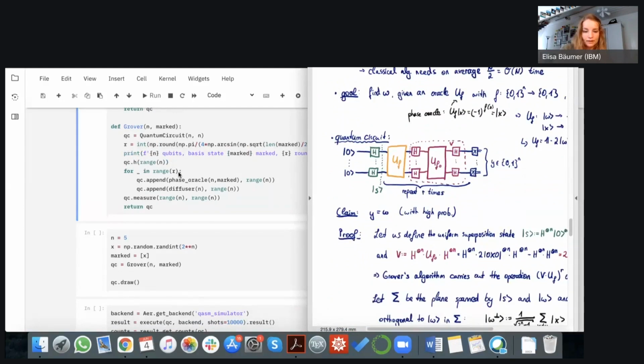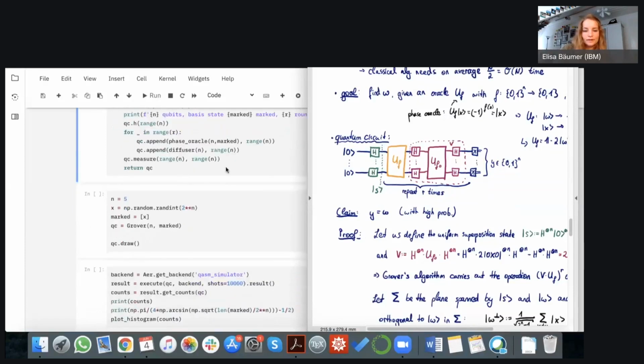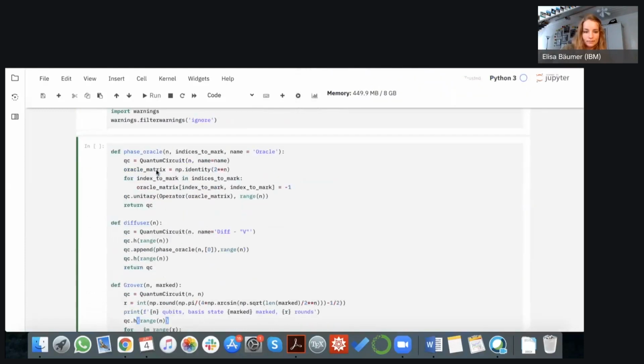Then we have R times our phase oracle and the diffuser, which we just defined before, and we just append them. And here this is just a dummy index, which runs from 0 to R minus 1. And in the end, we end at the measurement of the n qubits, stored in the n classical bits, and we return this quantum circuit.